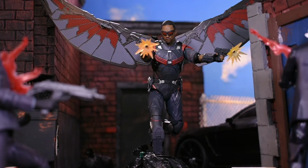I will have a review for hopefully all of those figures, but at least the Thanos, maybe the Endgame Thanos, and I'll have a comparison to the new Thanos. Same with the Cap, I'll probably have the Endgame Cap review, and then a comparison to the Infinity War Cap. And then I'll probably shoot those two reviews hopefully before I go, and then when I get back, I will shoot the reviews for, I don't know if I should shoot the reviews for any of